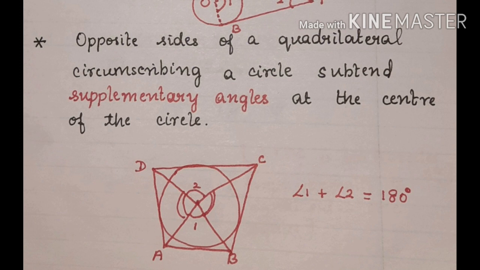So, in one word, if it is asked, you have to apply. Okay, children, sometimes in one word it may be given. It is a quadrilateral circumscribing a circle, and the opposite side is subtending an angle of some 110 degrees over here. Find the angle here, COD. If it is asked, immediately you can apply this result. Write the statement, and by that result you can find out what the other side is. So what will be the other side? 70 degrees. Clear? So this is how you have to apply these results while doing sums. Clear, children? Now we will move on to the example sum.